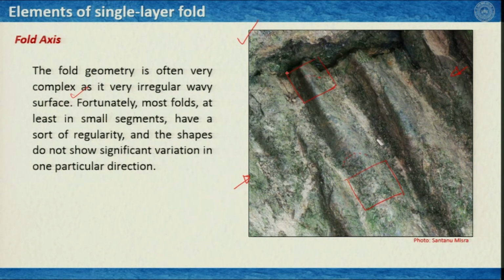So, if I again concentrate on this little box that we have drawn here, and try to figure out what is going on, then we can at least convince ourselves that here the deformation is more or less homogeneous. The interlimb angles, if I measure here and here, are very much consistent, and so on. So, this is how in the next slide we will try to define the fold axis based on this segment.